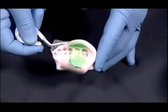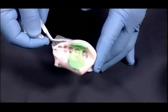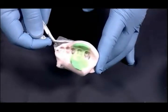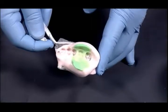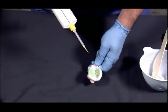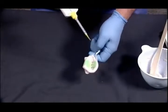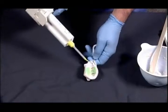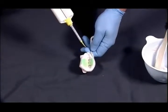After removing the alginate hydrocolloid impression, I would like you to take a look at the detail of that hydrocolloid impression. And we get that routinely in our office with patients. From this point, what we're doing now is pouring it up with a very good vinyl polysiloxane die material. This is a very runny material, and what we'll do is start in an area that is away from the actual prepared surface,